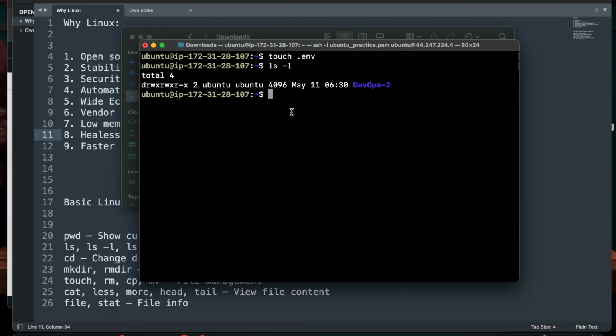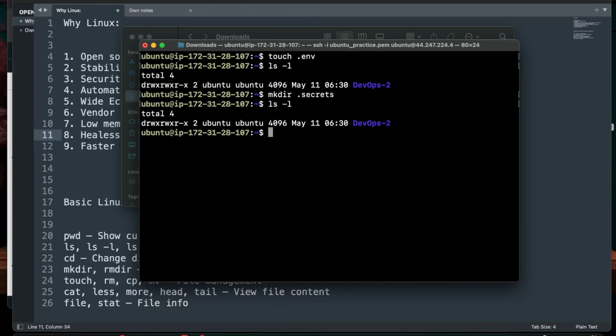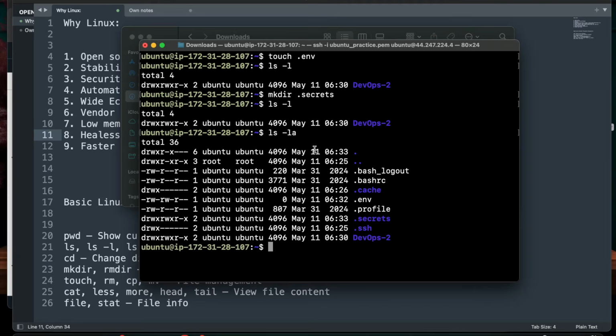Even for hidden directories, I could say secrets. If I do ls -l, I don't see that file or directory. For that, you need to add -a for all. So now you can see the hidden files and directories as well. Okay, here you can see secrets and .env.